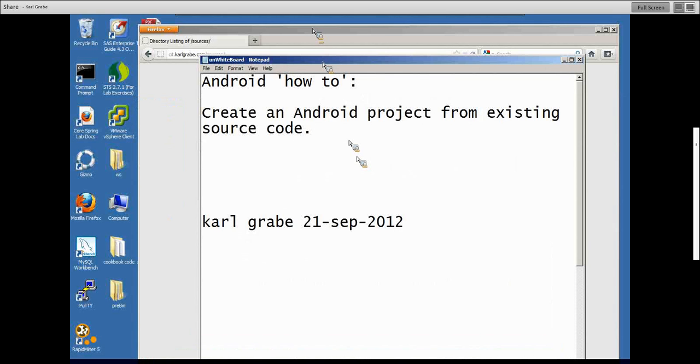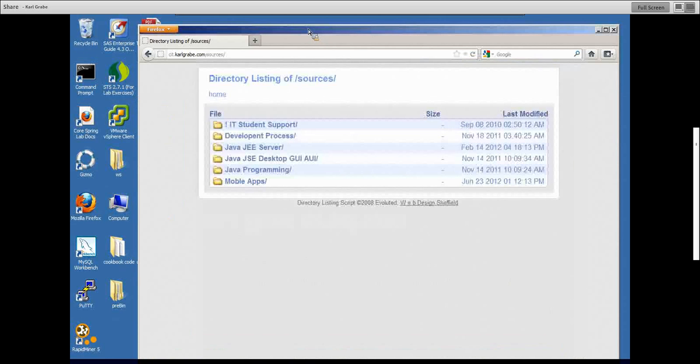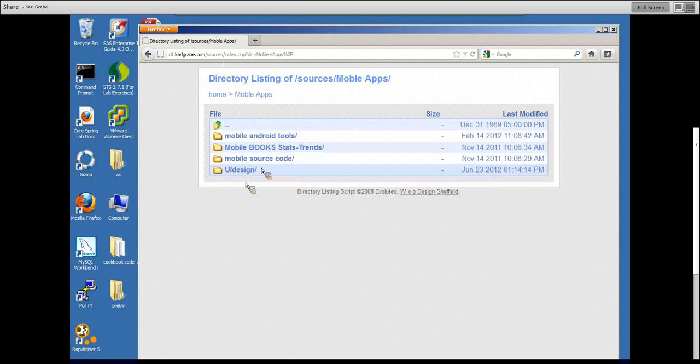So we go to a web browser, and I've placed this code on my website. If we go to cit.colgrava.com/sources, there's a password required, so you get that from the lectures. And so we'll select mobile apps, mobile source code, Android